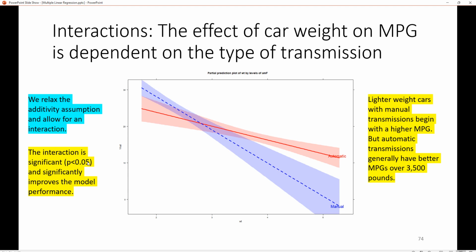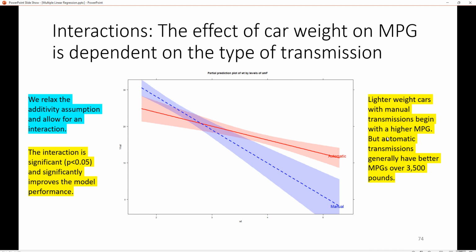The interaction is significant. The p-value is less than 0.05, and it significantly improves the model performance. So not only are we identifying something that happens in the data, it gives us a better model performance because we're adding more information into that model. How we can interpret this graph is that lighter weight cars with manual transmissions